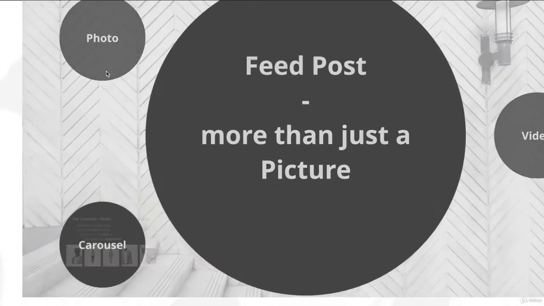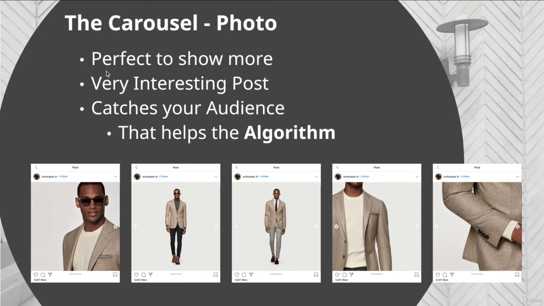The next option is a carousel photo. That's perfect if you would like to show more details about one specific topic. For example, here you have a picture of a guy and he's showing his style and his different clothes, his jacket, his trousers, etc. And therefore you can have one main picture, maybe a picture of the guy where you